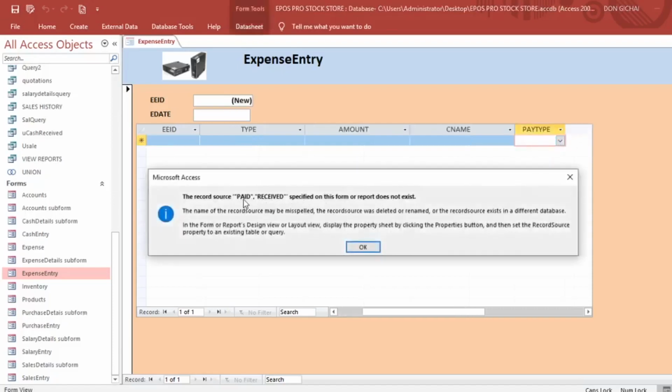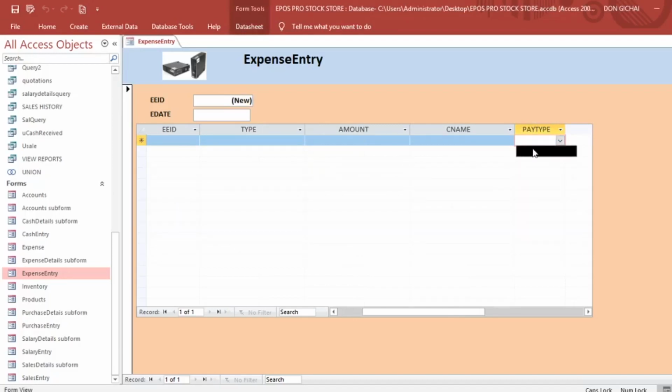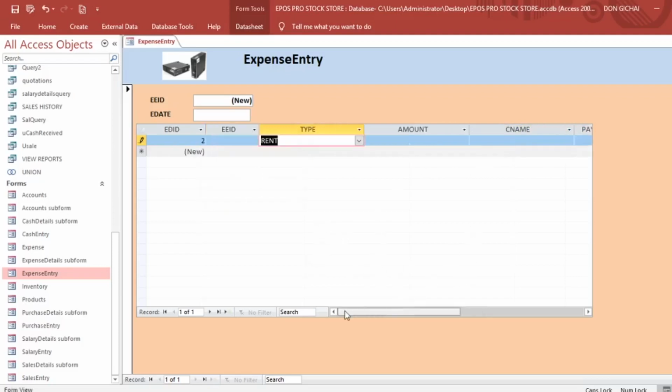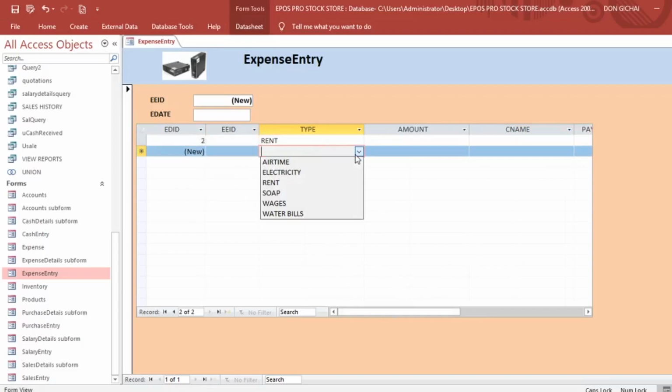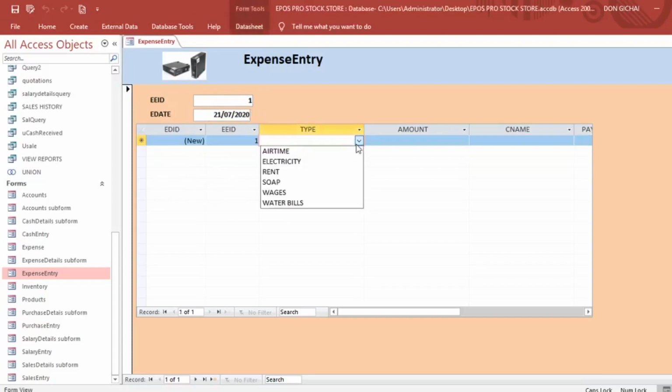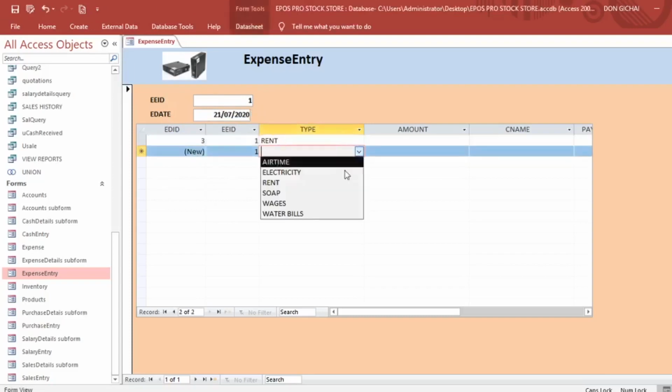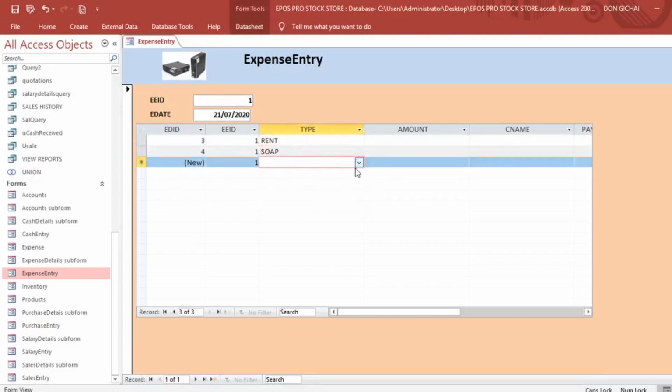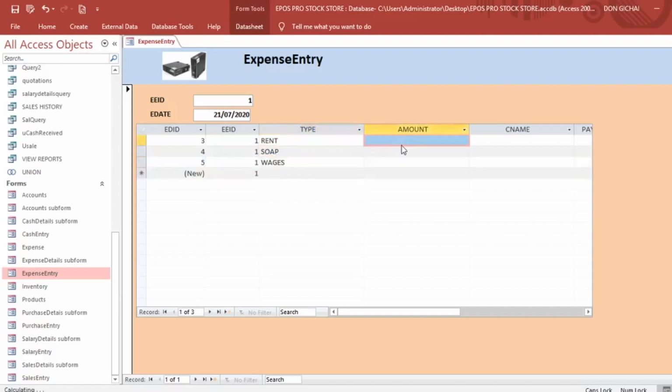Pay type received, paid received. Therefore, from this point, you can see that this one is actually working, and therefore you'll be in a position to capture the expense here that way, and as you assign different amounts to that one,